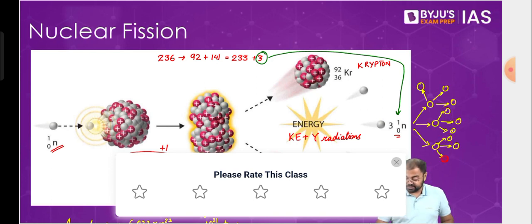Same continues. So this is something that does not end here. In a manner, a chain reaction is set up because of these extra neutrons that we have, and this can go uncontrolled. If you control it, you produce electricity. If you don't control it, you produce an atom bomb. So there is a fine line between producing an atom bomb and using it for electricity generation. That's why we need to control this chain reaction one way or another.